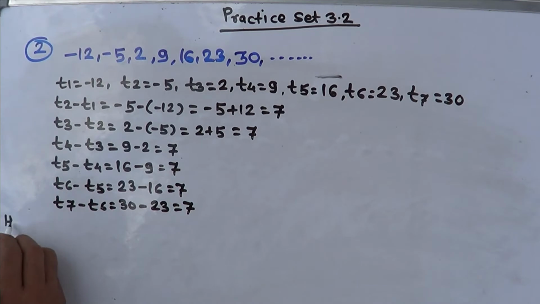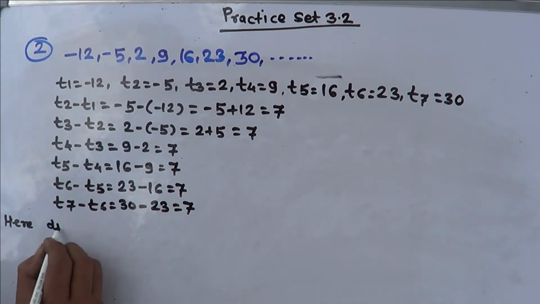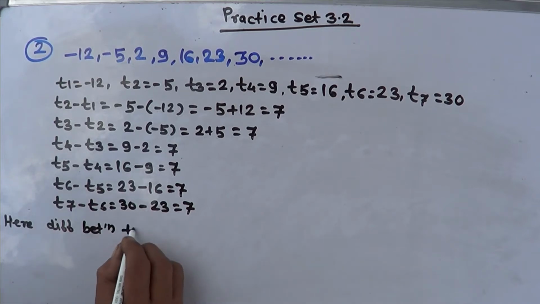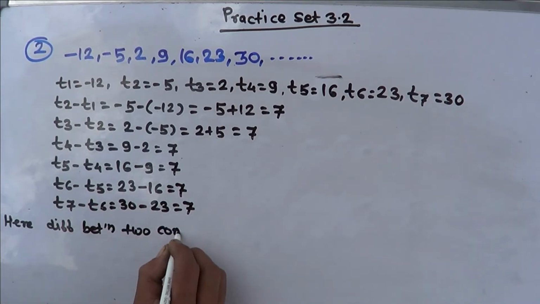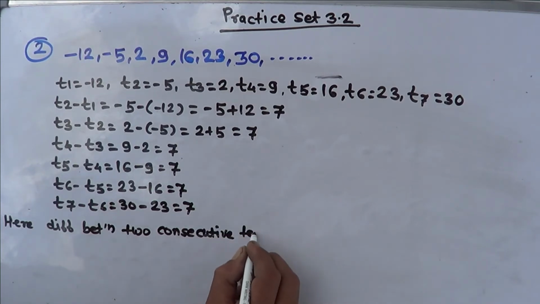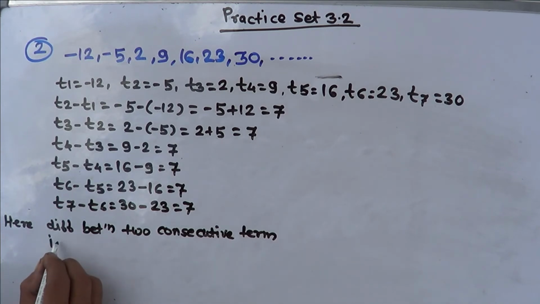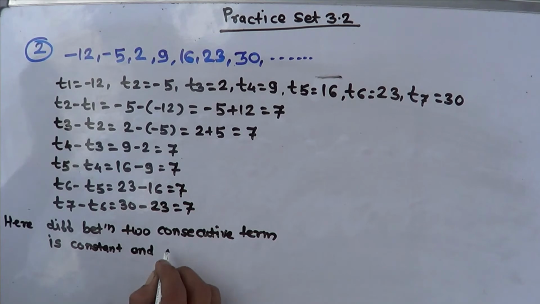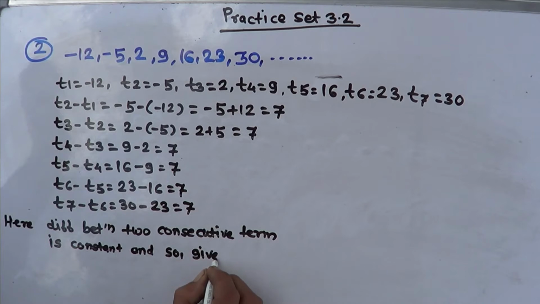Here the difference between two consecutive terms is constant, and so the given sequence